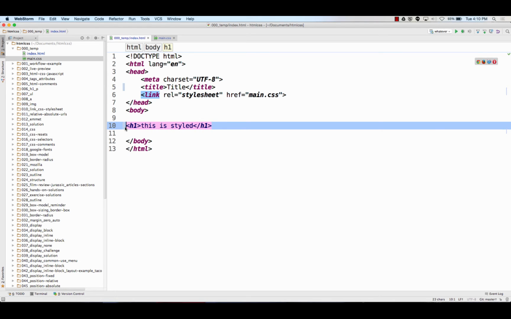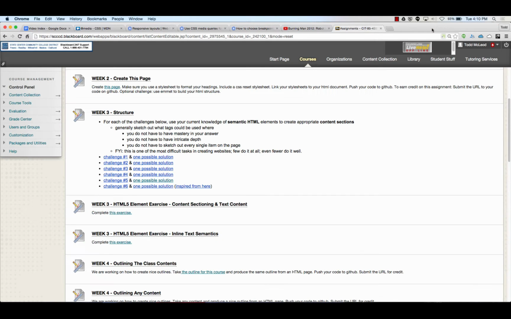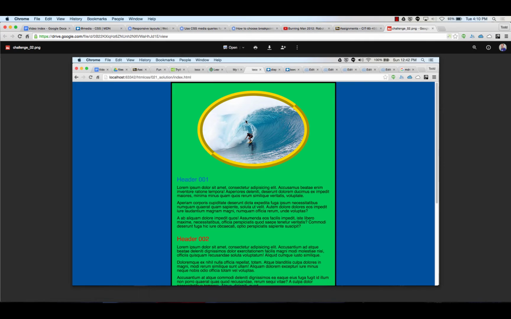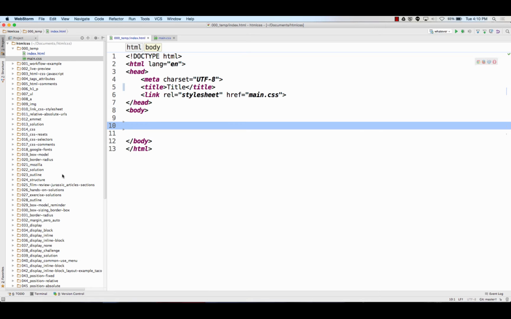So now if I wanted to create that one page, which was the surfer page, which is this one, I'm going to need some sort of an image. I'm going to have headers and I'm going to have text. And so for the image,